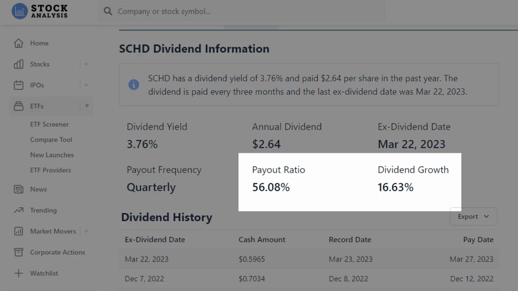Their dividends are paid out quarterly. That's a great dividend, not even factoring in capital appreciation. Something to keep in mind is because they exclude real estate investment trusts and other non-qualified dividends, the dividends qualify for capital gain taxes instead of ordinary income tax. This dividend has grown 16% and the payout ratio is healthy at 56%.